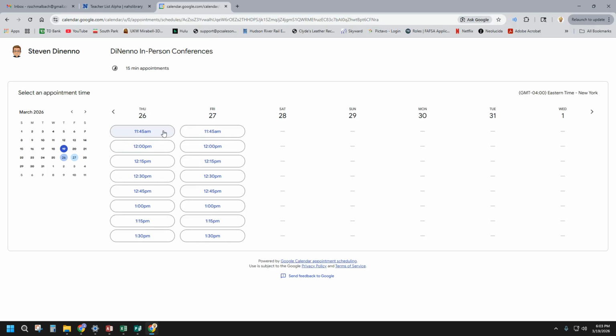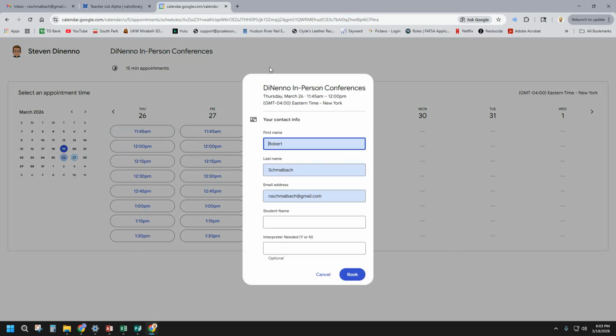All you need to do to book an appointment is pick the time you want, and then you're going to click on that, and you're going to get this box, which lets you put in information about yourself to book the appointment. I am using my personal Google account, which is why these fields are already filled in. If you're using a different account or you're not logged into Google, these will just come up as blank and you will need to type in your first and last name and put in an email address.